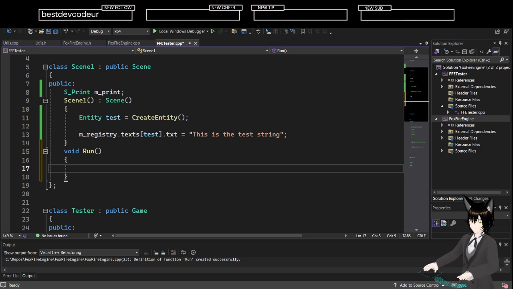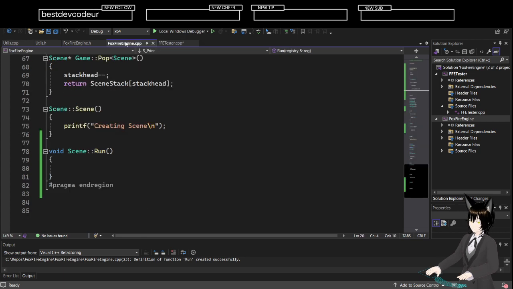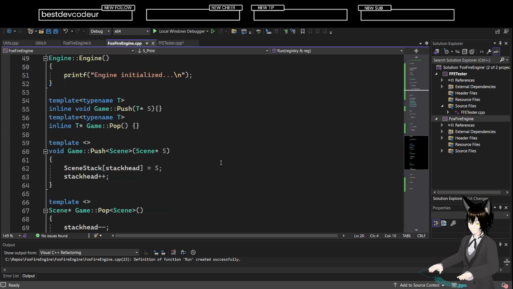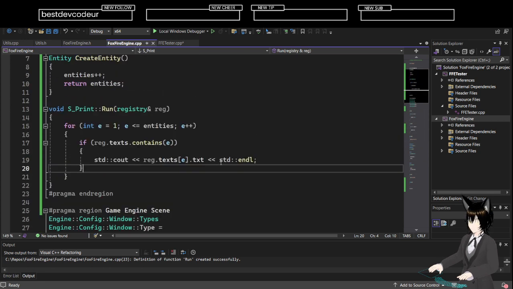They're not static. Well, that's fine. I can make them static. I think I will. The sprint should be